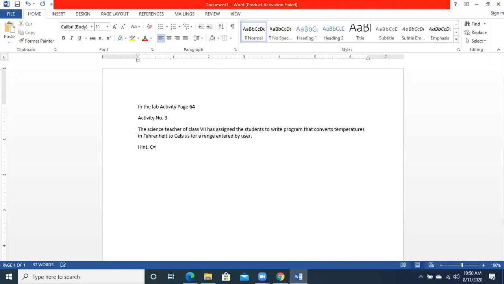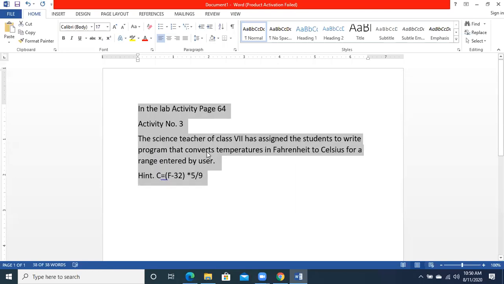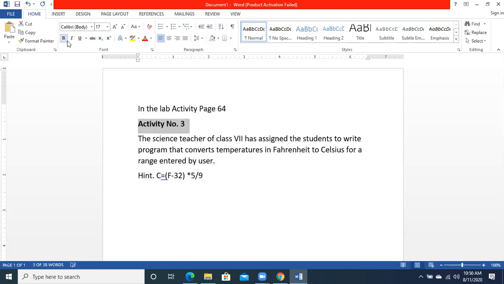कि C is basically Celsius is equal to F minus 32 in the brackets, F minus 32 and then multiplied by 5 divided by 9. So this is basically the problem statement that we are going to solve over here. I hope this problem statement is clear कि what actually we are going to do. हमें convert करना है temperature को. We have to convert the temperature from Fahrenheit to Celsius.